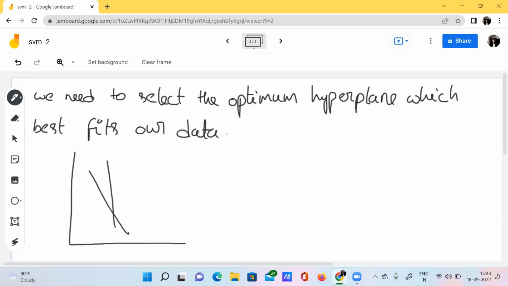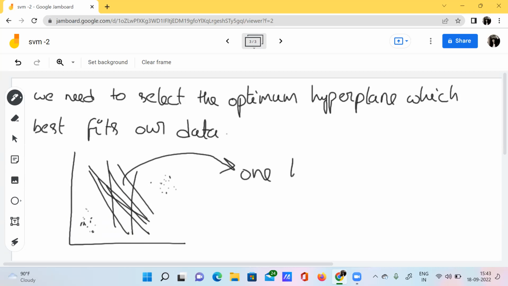Like there are so many kinds of hyperplanes here and there, and there are some points here. Out of these hyperplanes, we need to choose one hyperplane. Why do we need to choose one such hyperplane?